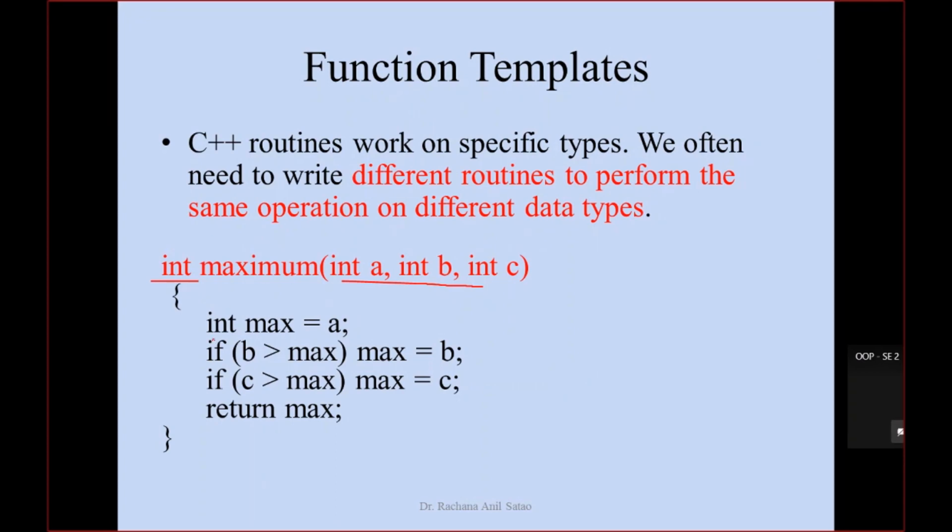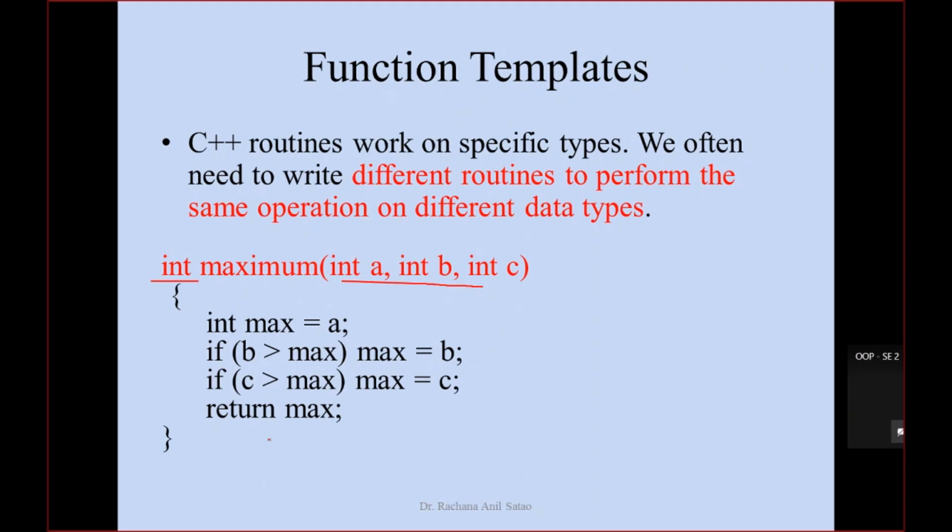You can see here the first line in the maximum function. The name of the function is maximum because I am finding the maximum number from the given three. So here a, b, c, three integers are passed and this function is returning a number which is max from these three. So I'm declaring a temporary variable here, max equal to a. Initially I'm assuming that a is max. And then I'm checking using if b is greater than max, max equal to b. And if c is greater than max, then max equal to c. This way I'll get the maximum number from the given three numbers.